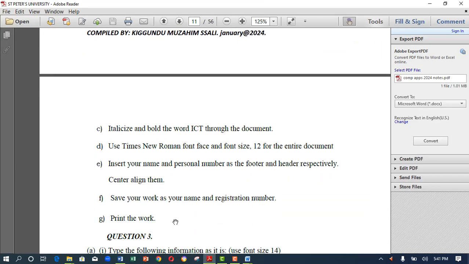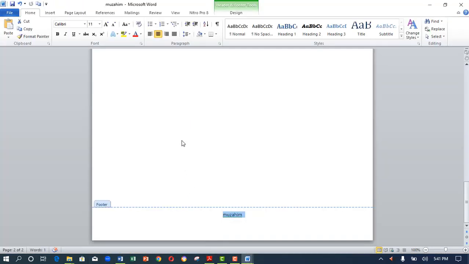Okay, now let's see the second last question. They are saying save your work as your name and the registration number. Remember, for me what I did, I saved the work as my name only, so we have to add there the registration number. Okay, how do you do that? Remember I showed you the second way of saving files in the folder. So you come and click on File, you click on Save As,